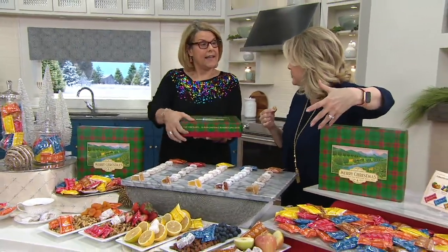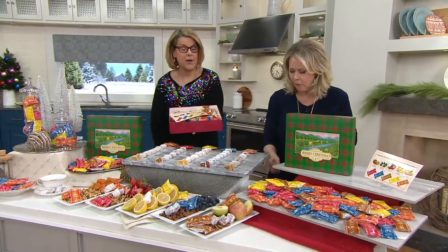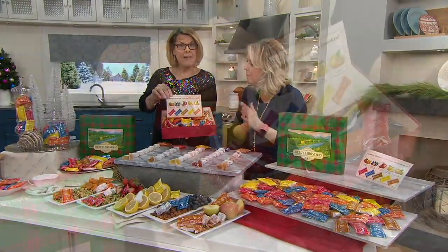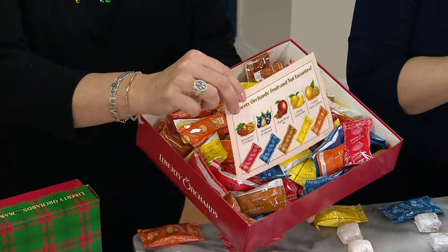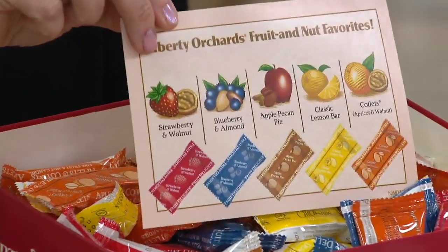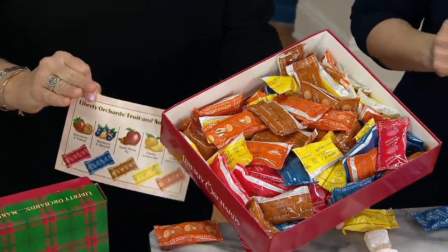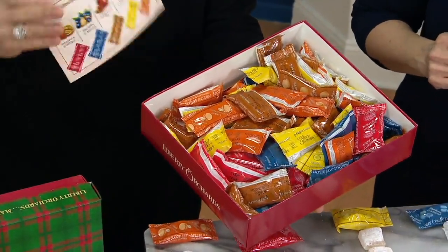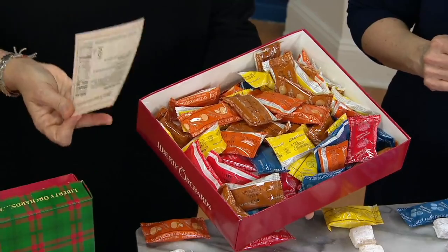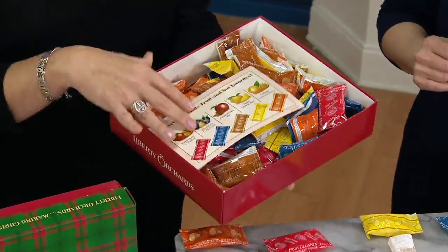So 70 pieces altogether. If you are giving this, for example, as a hostess gift, it'll arrive with the paper on the inside that shows you it corresponds to all of the beautiful colored wrappers and what's on the inside here. But look at all of the candy for the holiday season. It's festive. It's perfect in stockings. It's perfect in that candy jar on your desk at work,